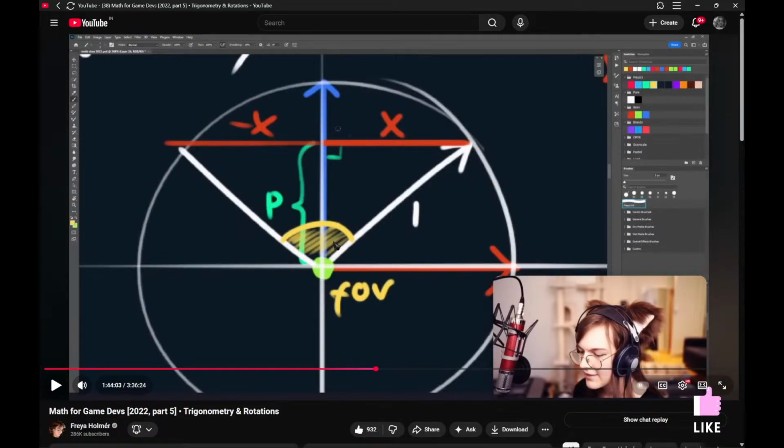If the FOV is 45, but this triangle, it has a basically we are actually